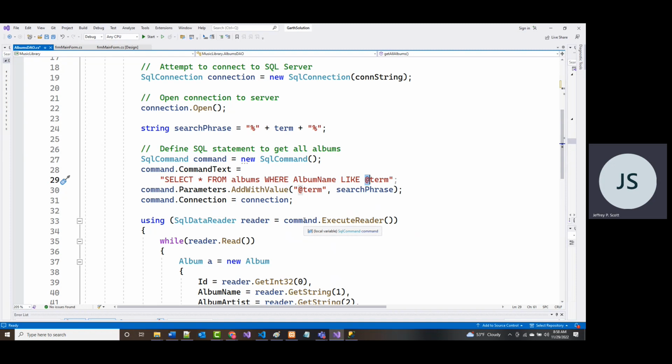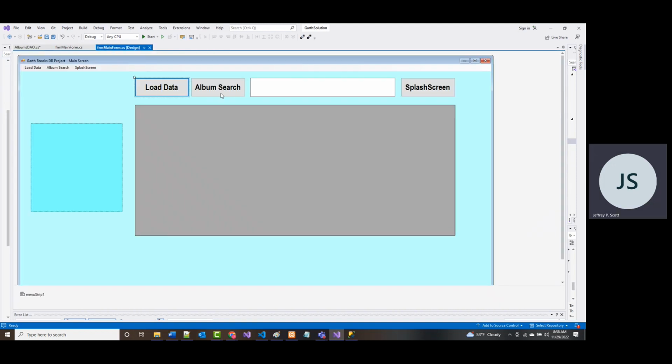The reason that's important, it's not really that important in this example right here. But after the break, we're going to attempt to write some more stuff so that when we click album search, if there's something in here, it searches just for that album or those albums that meet that criteria.